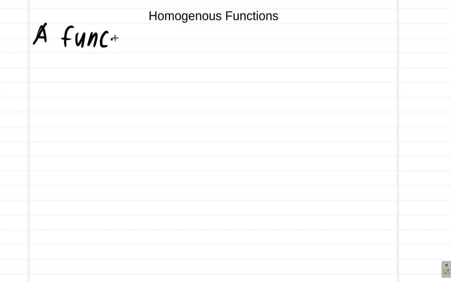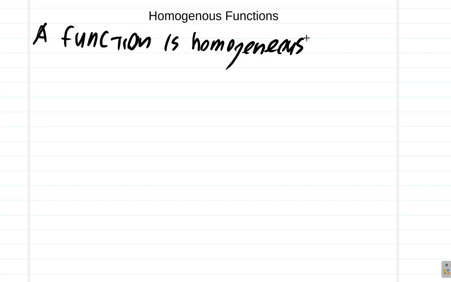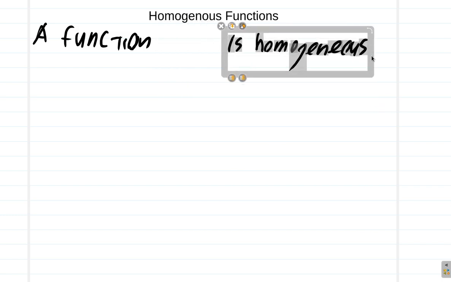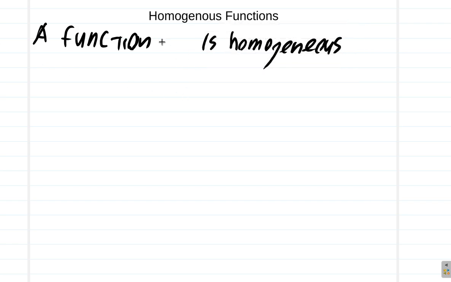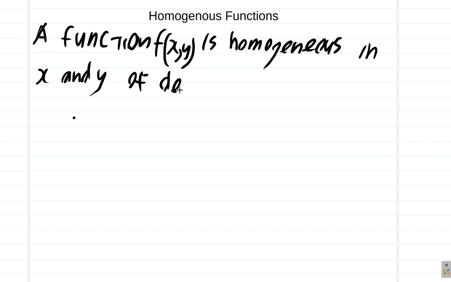A function, let me note, of the form f of x, y, function of x and y, is said to be homogeneous in x and y of degree n if